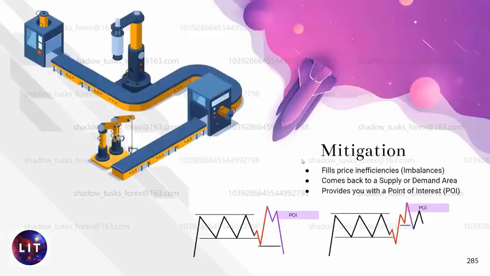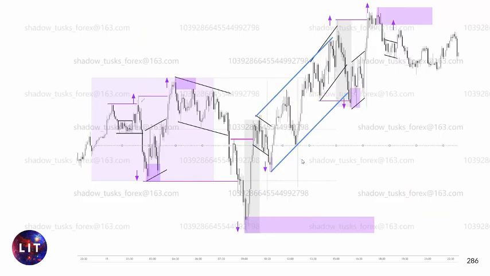What's up next? Mitigation. So obviously, after we've had our inducements and our relevant breaks of structure, we're only showing those on M5, but it's also on M1. You can then look into your mitigations. So induce high, potential mitigation, induce low, potential mitigation, induce high, potential mitigation, induce low, potential mitigation, which obviously unfortunately misses, induce low again,